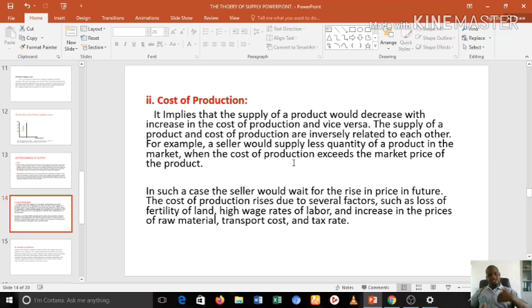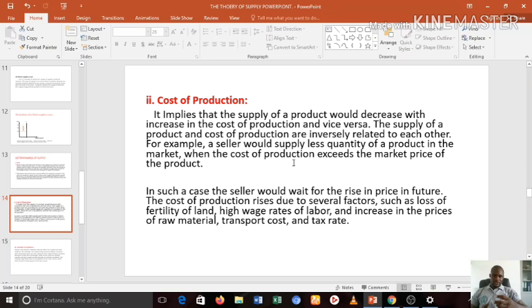Producers undergo a production activity, and production in economics is defined as the transformation of raw materials into semi or finished goods for either immediate consumption or further production. Or in other words, you can define production as the creation of utility to satisfy human wants. Now, looking at cost of production, production is a process of transforming raw materials. Now, because these producers have to undergo the production activity,